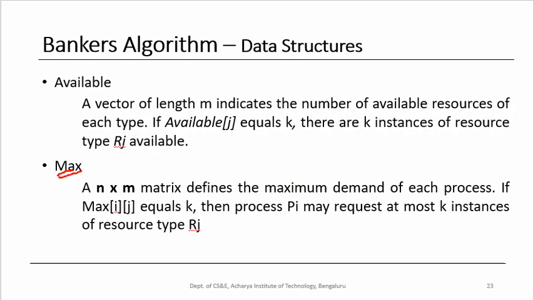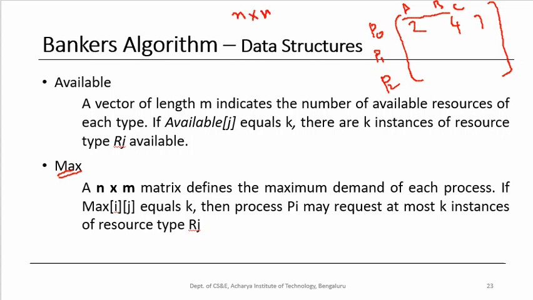This I have already told when I started the discussion on deadlock avoidance. So there could be a matrix. For example, you can write a matrix like this: P0, P1 and P2. Here P0, P1 and P2 are processes. Now you can write 2, 4, 7. Here you can write A, B, C. So what is the order of the matrix? There are 3 rows and there are 3 columns.